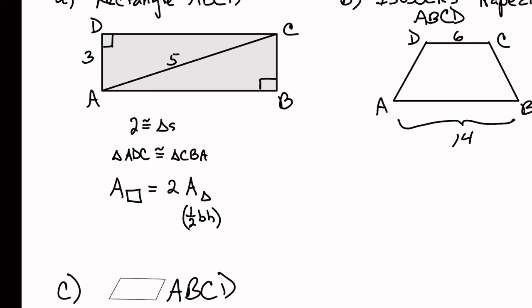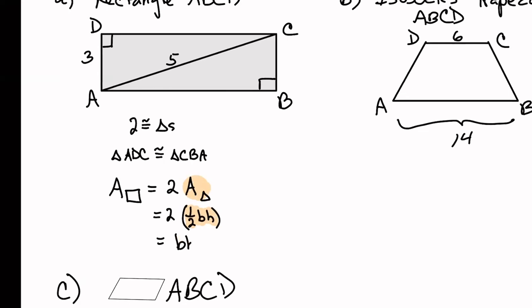All right. So the substitution here is area of a triangle, half the base times the height, multiplied by 2 gives me the area of a rectangle. 2 times 1/2 is 1, giving just BH as a result. So it's not a proof, but it is a justification in the sense that we now have, you know,